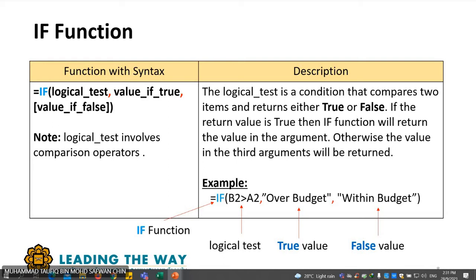Second value is if the value is true. If the logical test is true, apa yang kita nak return? What is the return value? Maksudnya apa yang kita nak keluarkan, apa yang kita nak tunjuk, apa yang kita nak display if the logical test is true. And the third argument, if the logical test is false, apa yang kita nak keluarkan? So for example we do comparison,